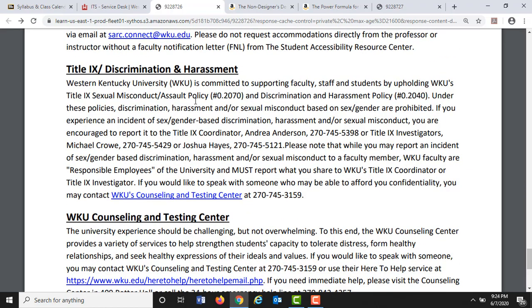These items right here, the Title IX and harassment, sorry, it's a loud 9. So if this discrimination Title IX statement right here in the testing center, hopefully you're getting information about this in all of your syllabi, but if you experience any sort of harassment at any part of WKU, please report that. And you can report it to teachers, you can report it to instructors like myself, or you can report it to people at the, basically the Title IX office, which you can see like here's Michael